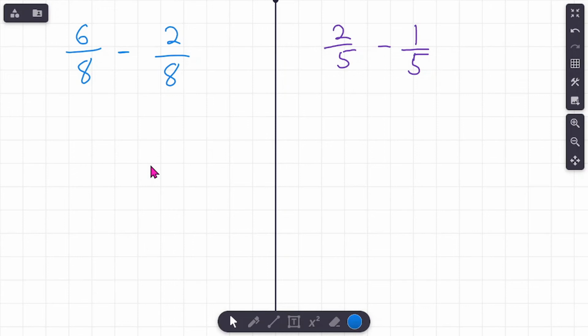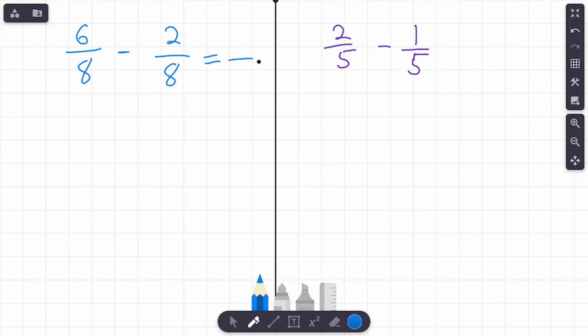Second thing I'm doing is in my head, I am picturing what 6/8 minus 2/8 looks like. So in my head, I'm looking at a rectangle. It is broken up into 8 equal pieces. 6 of those 8 pieces are colored in, and I am going to take away 2/8. I can look in my head right now, I have my eyes closed, and I can figure out what my answer is. But before I say what my answer is, let's see what we get when we